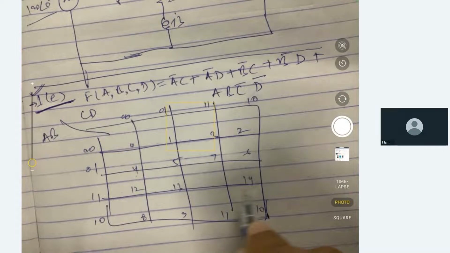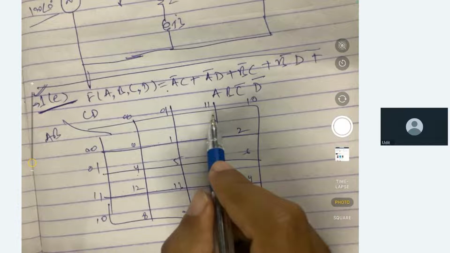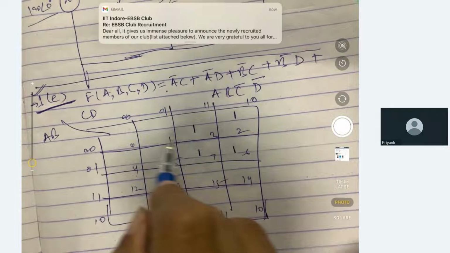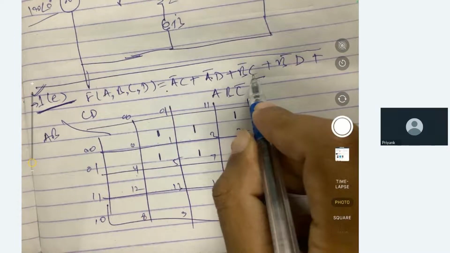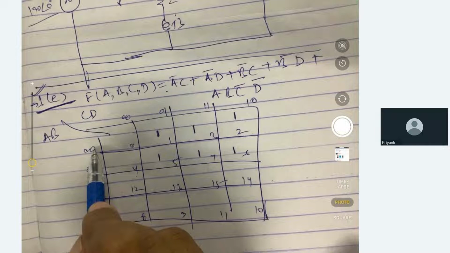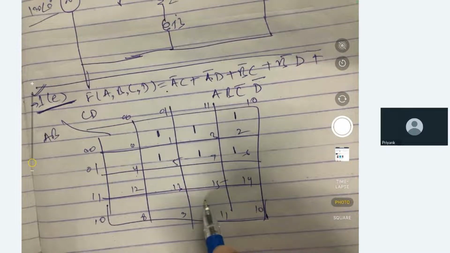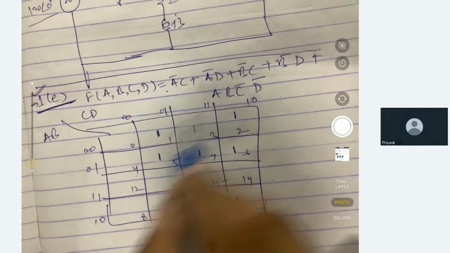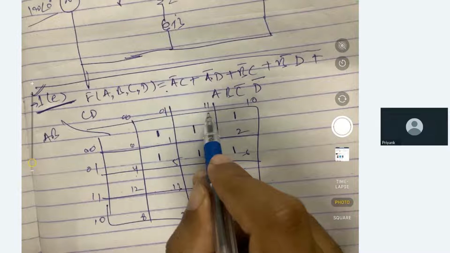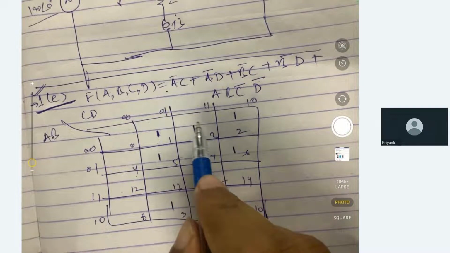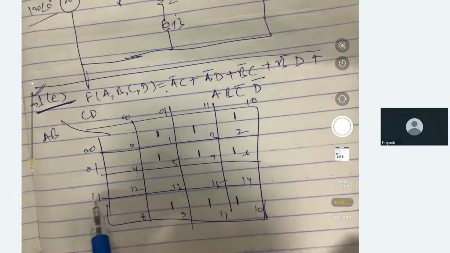A bar C. D. B bar C. B bar D. A B C bar. So we have